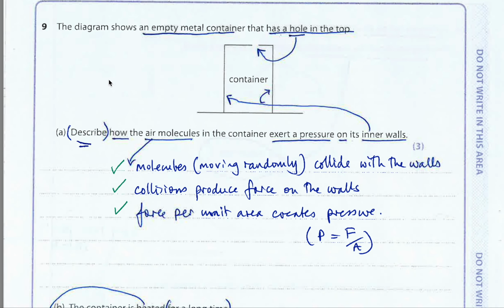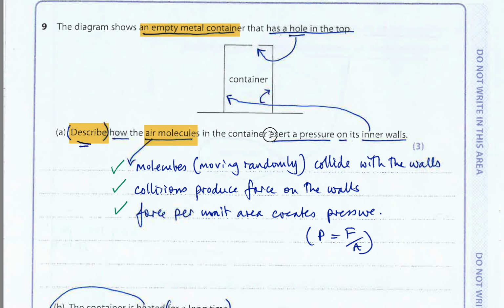The next question is in a similar topic, solids, liquids and gases. This time we're talking about the kinetic theory of gases. So the diagram shows an empty metal container, with a hole in the top, it says. They want you to describe how air molecules, so molecules that make up air,